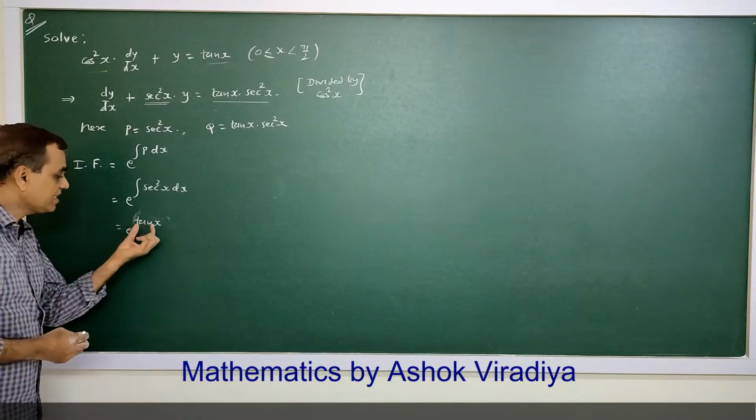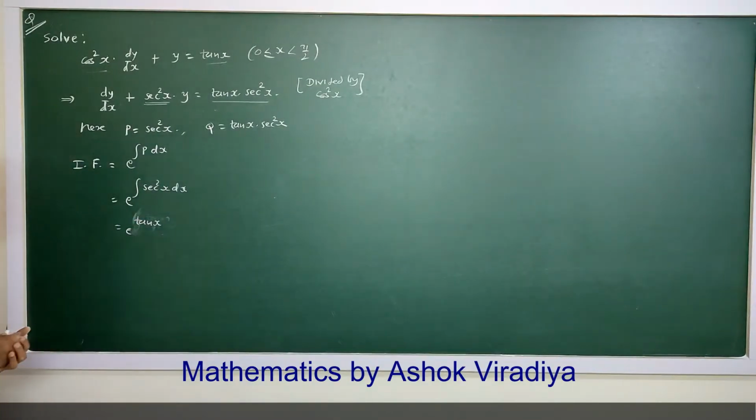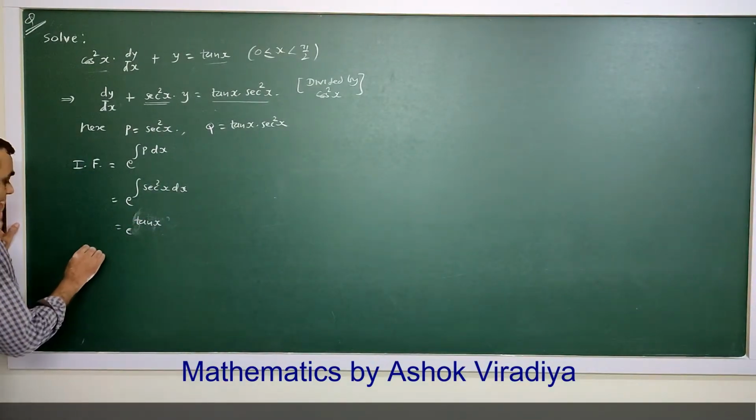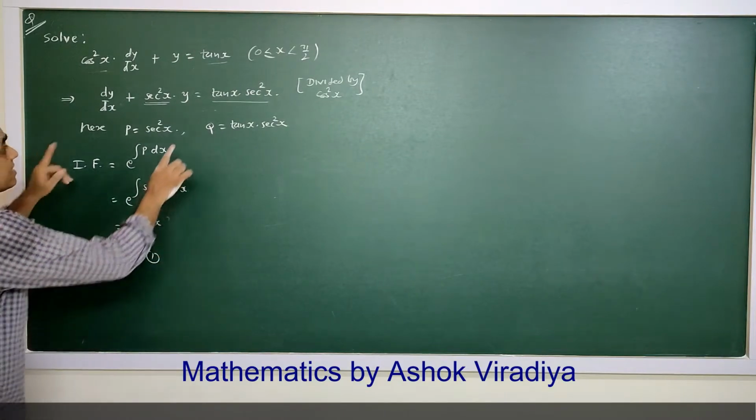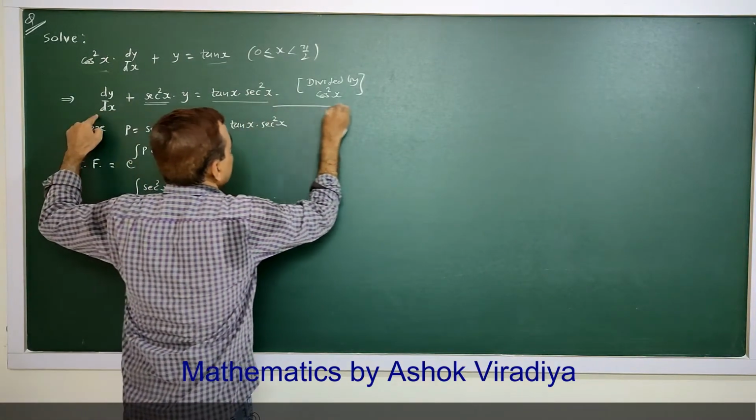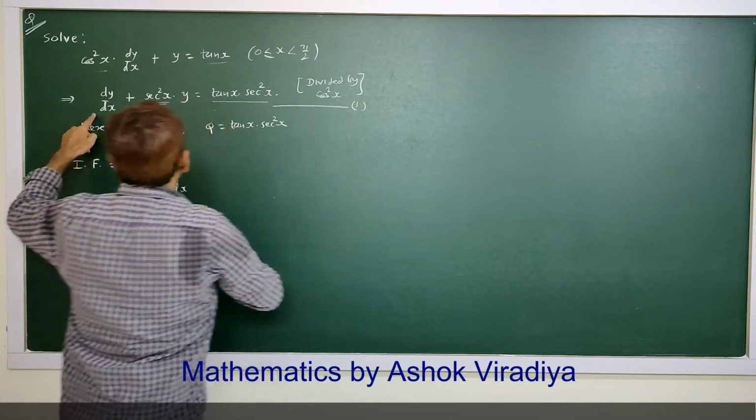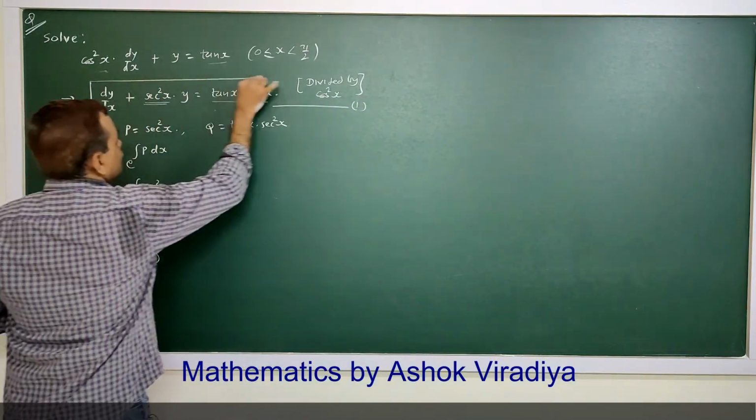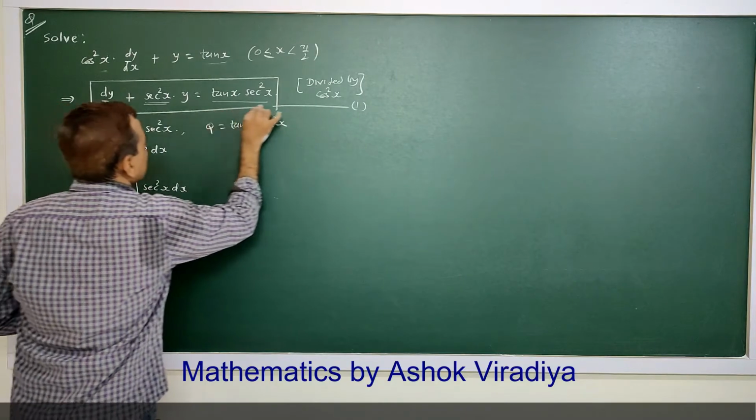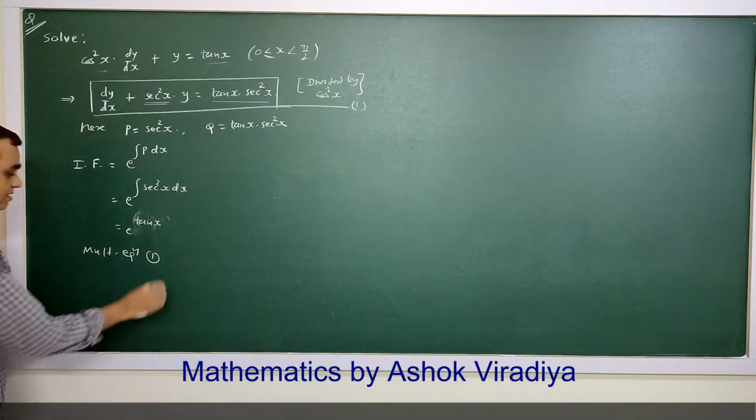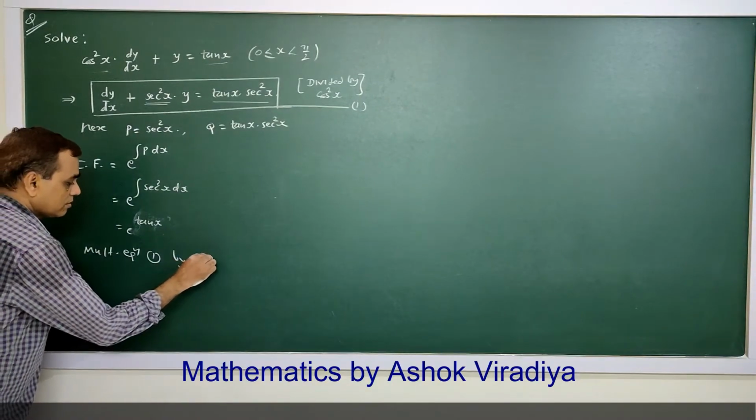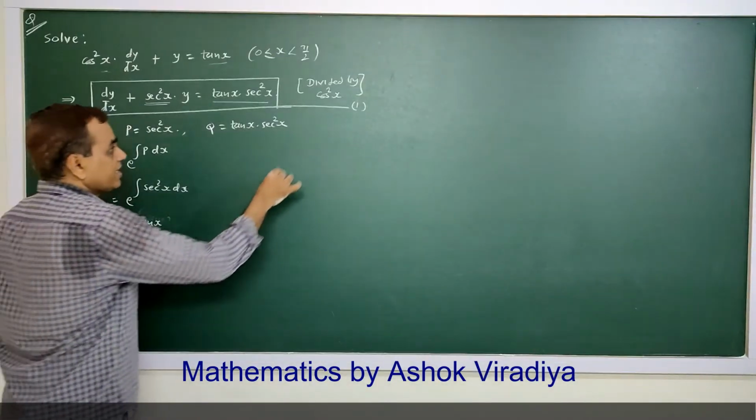Integral of sec square x is tan x, so this is the integrating factor. Now we multiply equation 1 by the integrating factor, and we get